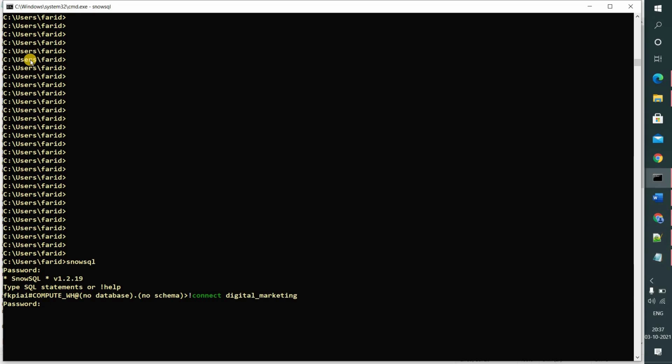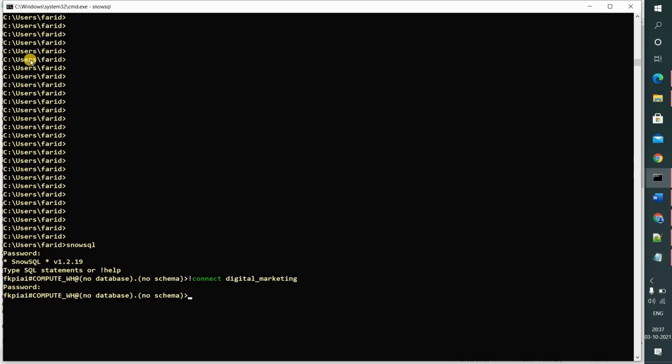Enter. It will ask for the password. Give the password, and to confirm whether we logged into digital marketing account or not, just say select current role.